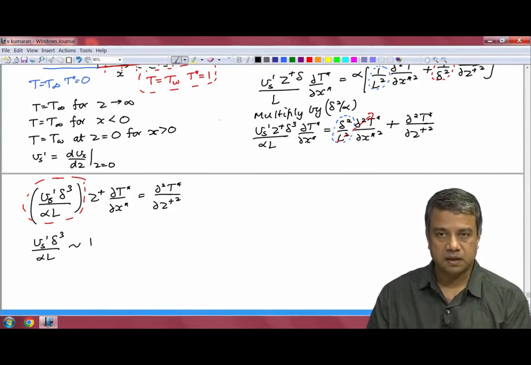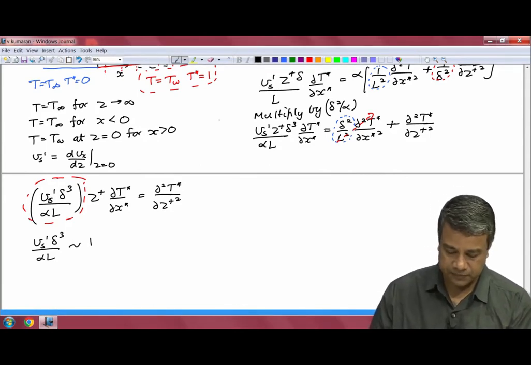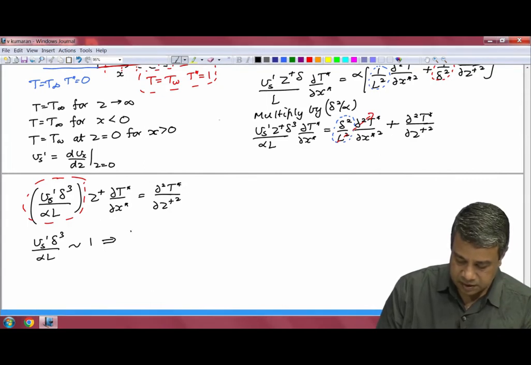Otherwise, if you just neglect the right side, there is no non-trivial solution. You just get the result that the temperature is independent of x. This implies that delta by L whole cubed goes as alpha by L square,